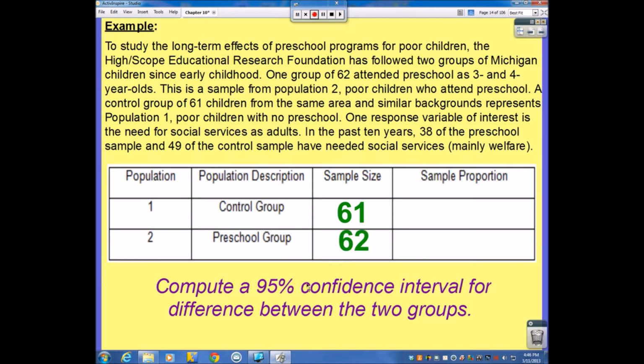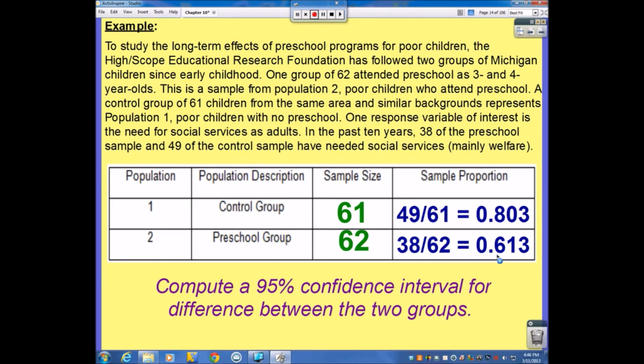Now, you're not going to have to make a table like this for every problem, but it is a nice way to organize your data. Sample proportions. Out of our 61, we had 49 of them that needed social services later. So that's a little over 80% of them. Out of our 62, 38 needed social service help, which is a little bit more than 61%. So you can see here we have a 19% difference